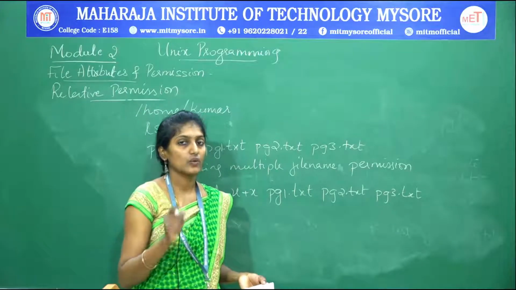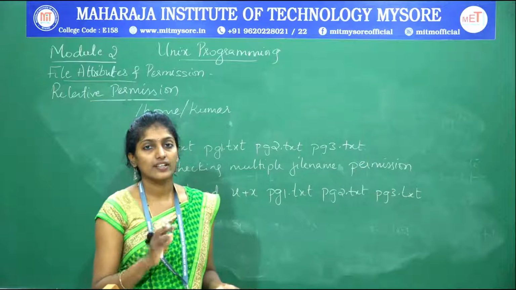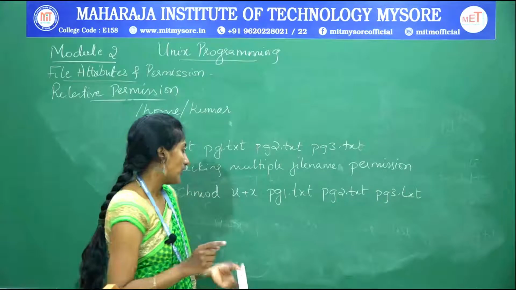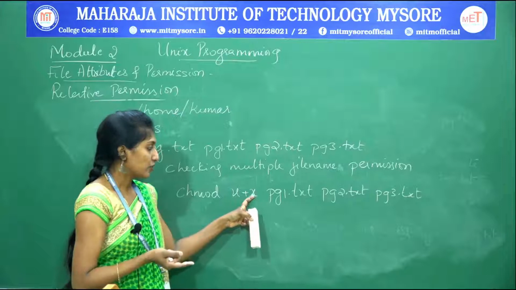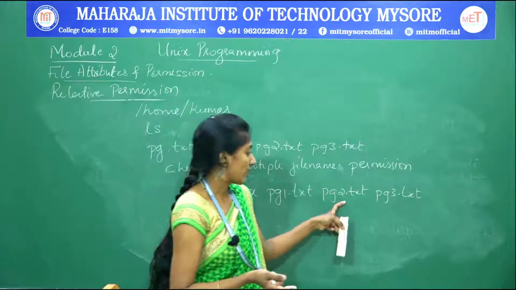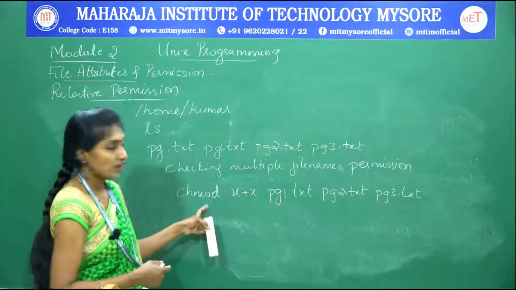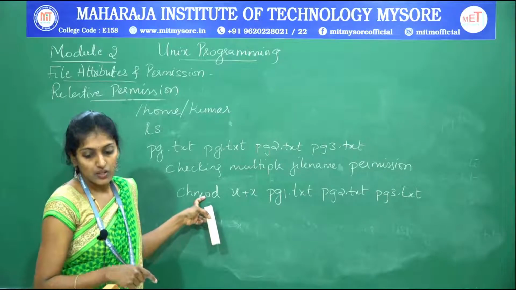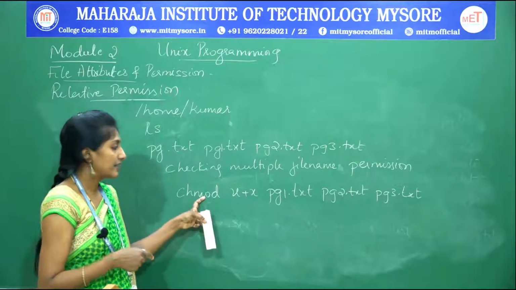By default read and write permission will be assigned. If he is the one who has created the file, the owner will have by default read, write and execute permission, whereas for group and others only read permission will be assigned. So if the user wants to assign execute permission only for user, he can provide like this: u+x pg1.text, pg2.text, pg3.text for multiple file names. So this is one way of using chmod in the relative permission mode. Even you can remove permission by using this relative mode.